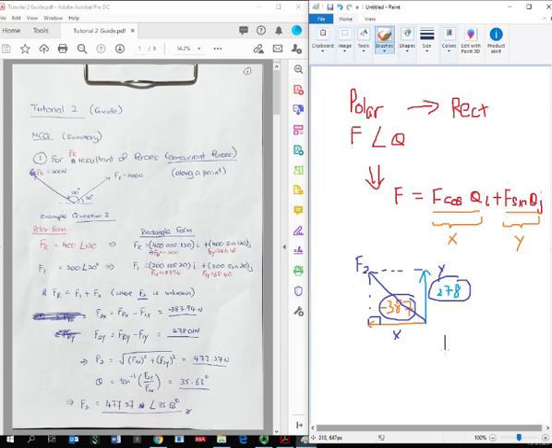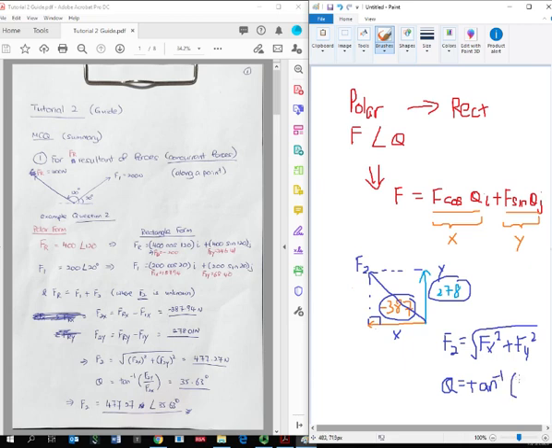So F2 will be equal to the square root of Fx squared plus Fy squared. And for the angle, obviously you use inverse tangent. The standard formula for inverse tangent, you can find the theta, which is